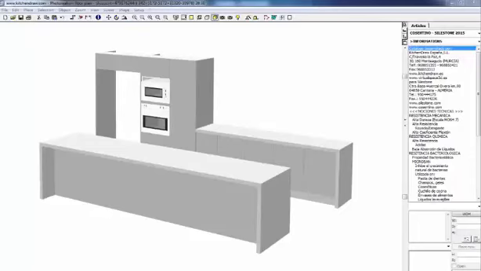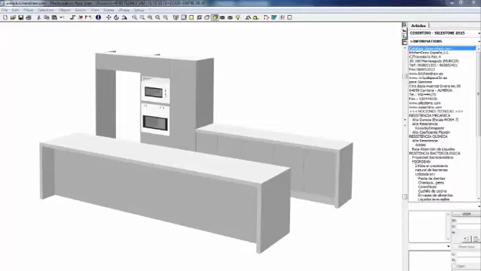Module 12, Photorealistic Training. I will take you through some visual tools to help improve your 3D drawings and show your clients a realistic representation of what their kitchen will look like. By spending an extra 5 to 10 minutes on the plan and adding in small details such as better appliances, decorative objects, lighting, and flooring, and then using the final photorealistic perspective option, which I'll show you later, you can